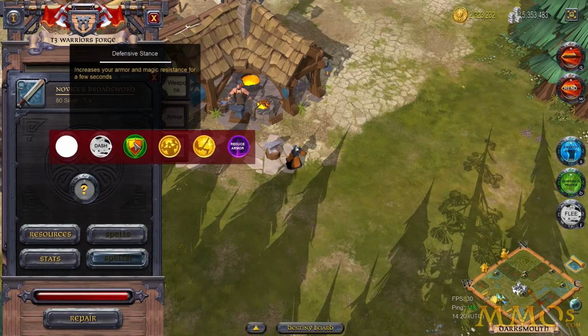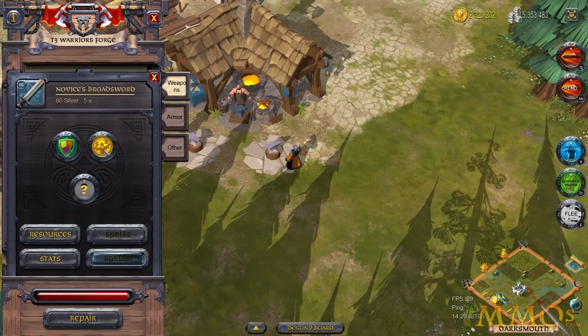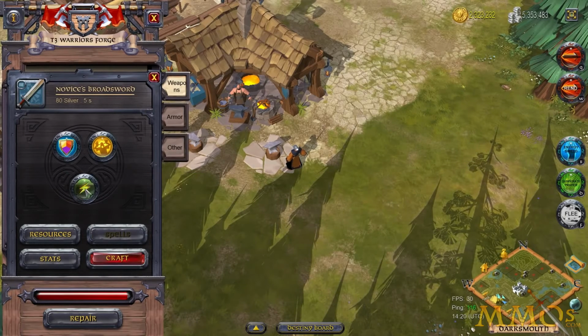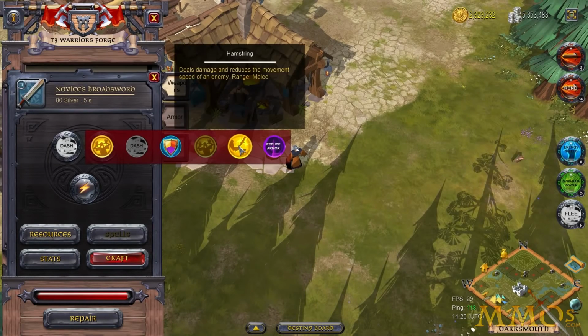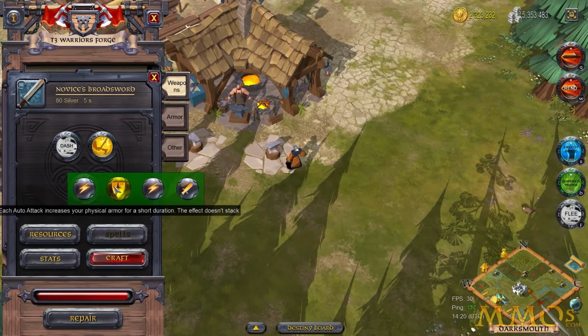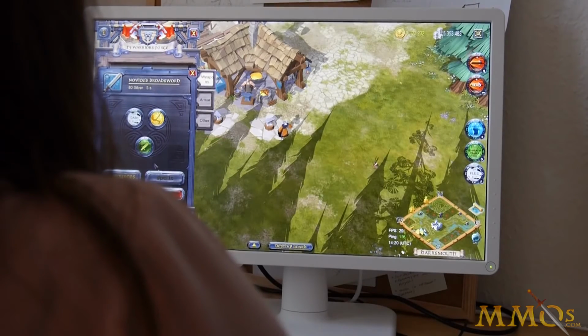For instance, if I were in a PvE fight, I might want to go for a defensive stance and taunt. Just against mobs might be a good combination to go for, and then perhaps restoring some energy with each auto attack. In contrast, if I were in PvP against perhaps a ranged opponent, I might want to go for a dash and a hamstring. The dash will bring me in for close quarters melee, and the hamstring will stop them from being able to run away by reducing their movement speed, and then again I can go for an increased auto attack damage. So if I craft that one,